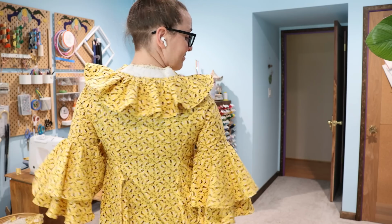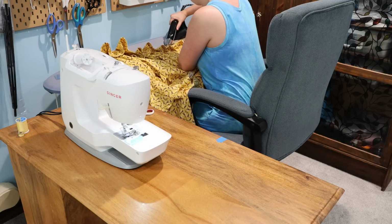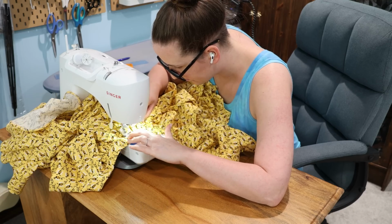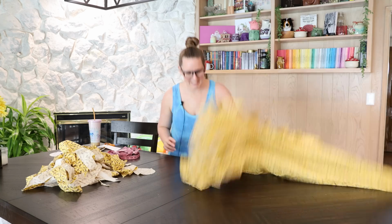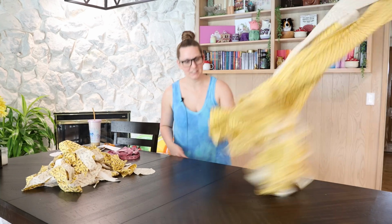So yeah, after an hour of seam ripping, I futzed around and figured it out. I cannot stress enough how far you can get in life by pretending you know what you're doing and just going for it. But don't expect it to be easy. This was a very challenging sewing conundrum and it took hours to get it all done. But at last,